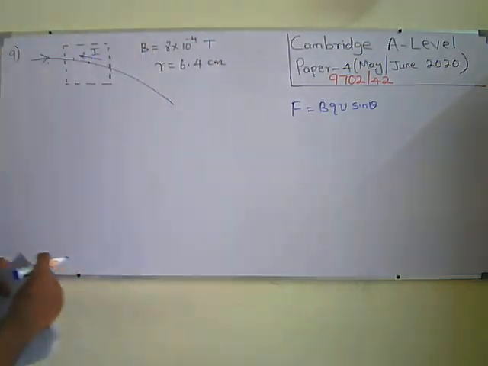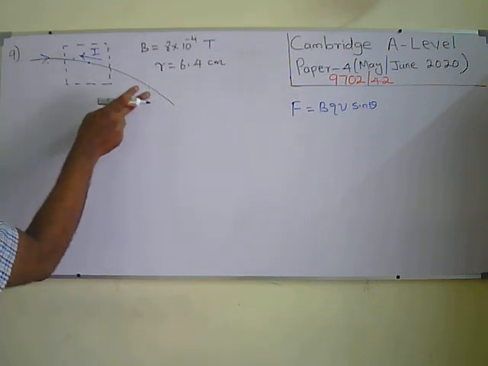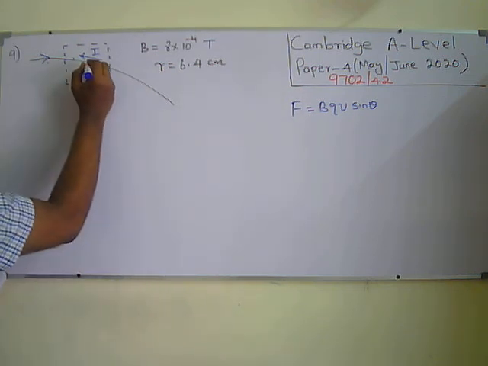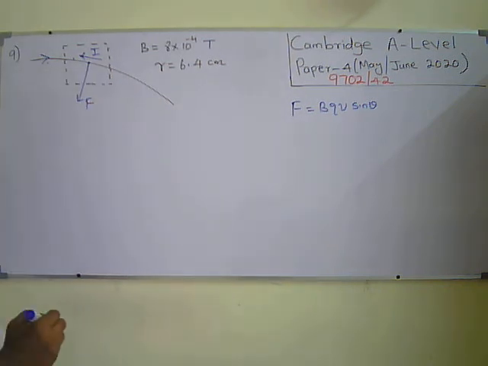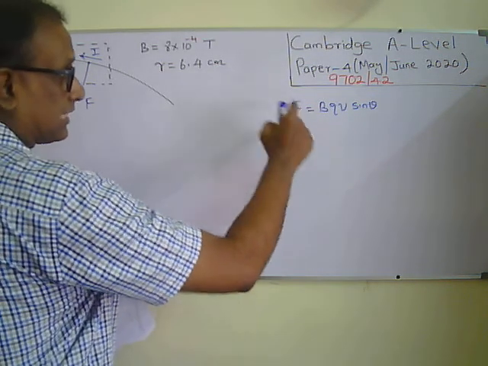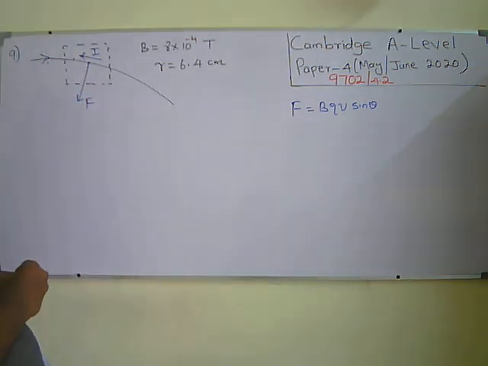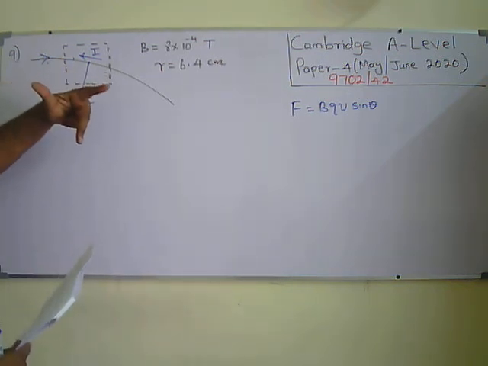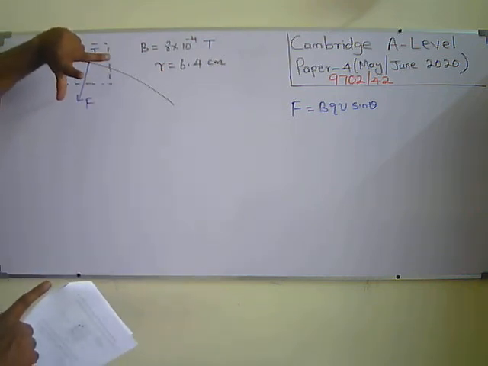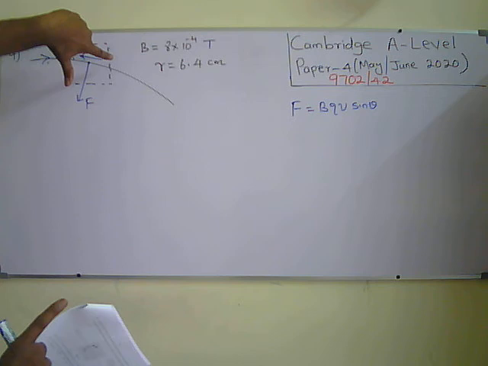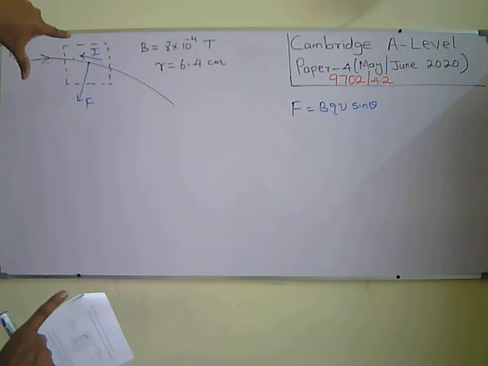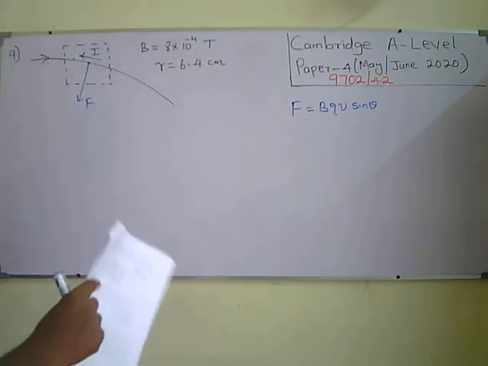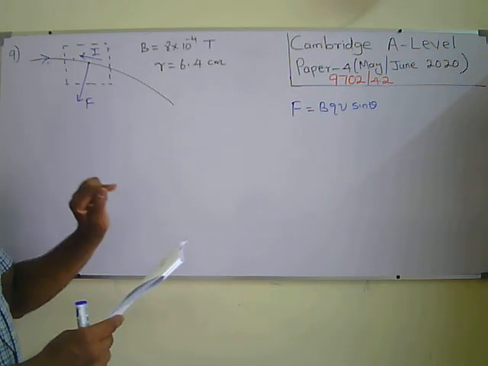So here the charged particle is moving like this, means it should have a centripetal force towards the center of this curved path. So somewhere here the force should act, that is the magnetic force, this way. Okay, so I can use Fleming's left-hand rule to find the direction of the magnetic field. Thumb indicates the direction of the force. Current is applied opposite to the direction of motion. That's the direction of the current. So the index finger is pointing into the board. So direction of the magnetic field is into the paper.